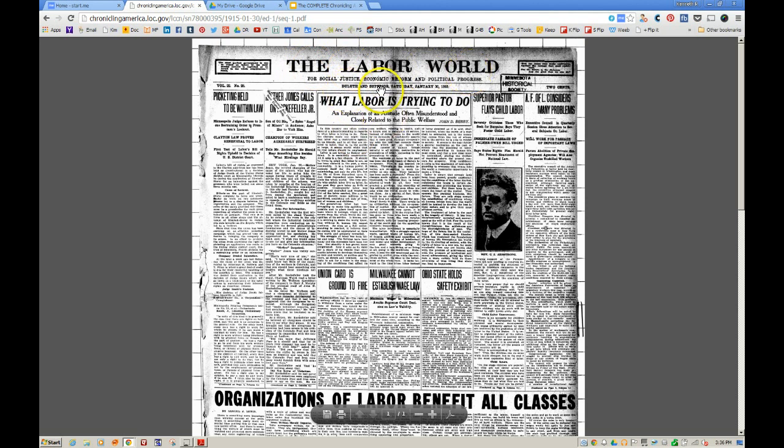The location is Duluth and Superior. It was published on Saturday, January 30th, 1915. This is page 1, and it gives you the volume number, etc. So you've got the information for your source citation. The other reason is it allows you to select later on through the Adobe Reader capability certain parts of the